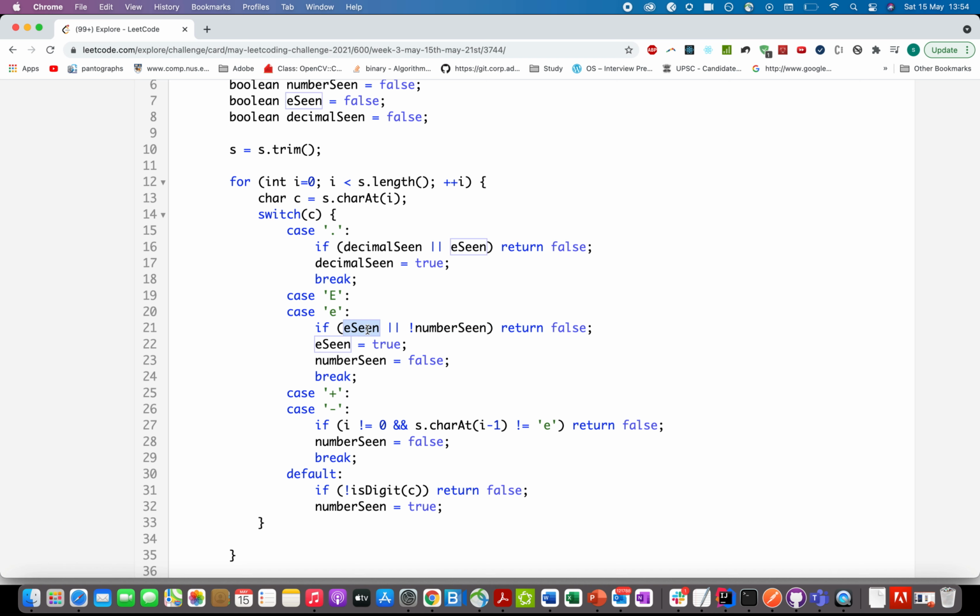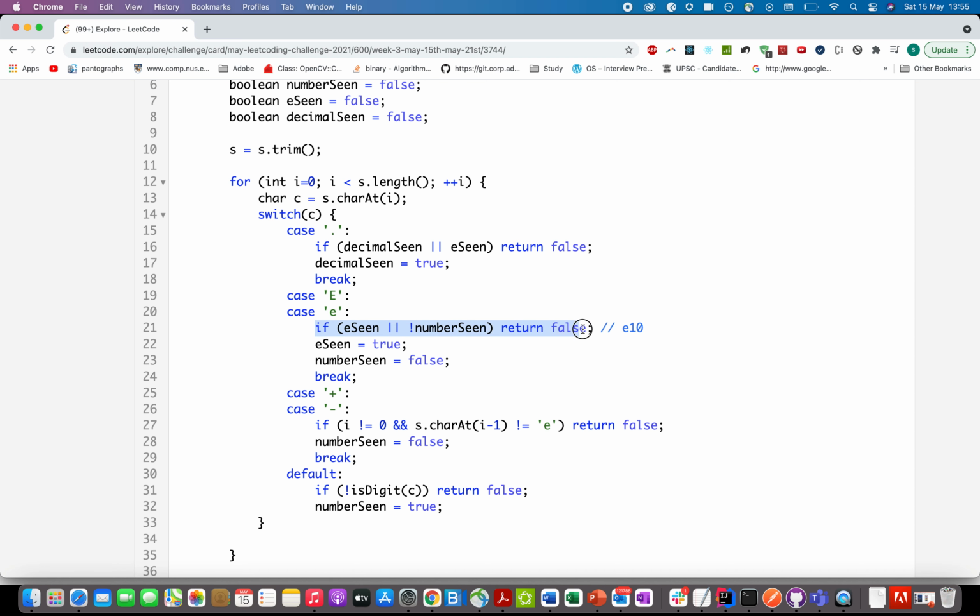If we have seen an e in the past, we need to return false, which is pretty straightforward. Or if we have not seen a number so far, where the input is something like e10, it's not a valid number and we need to return false. The coefficient part must exist, and therefore the second condition is there.